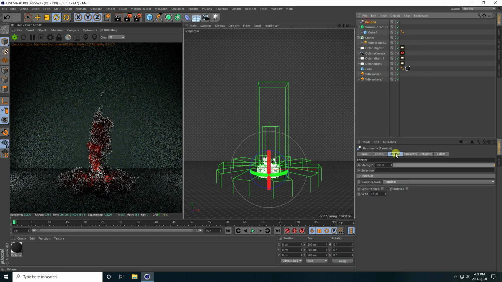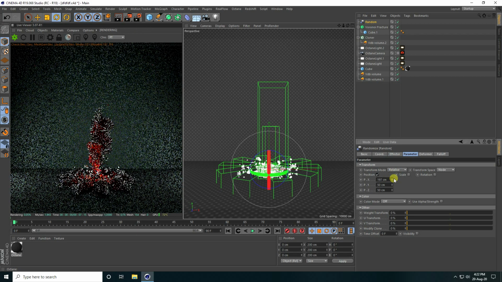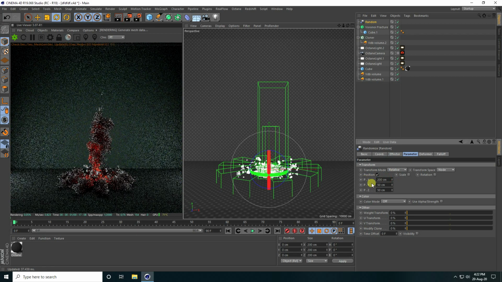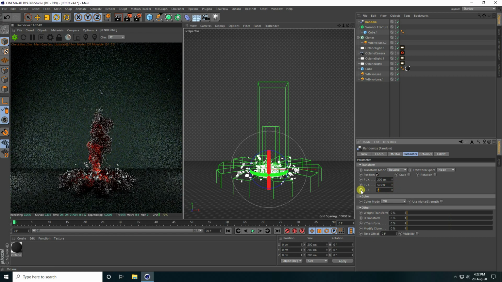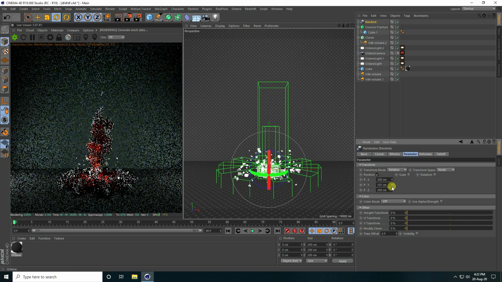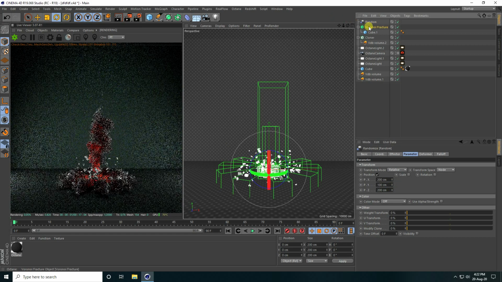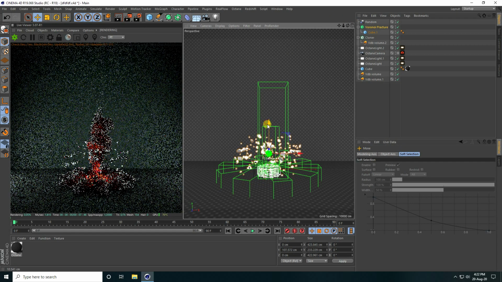So select this random effector and position change like 200. Yes. And also change this one, same 200. Yeah. And y-axis 100.